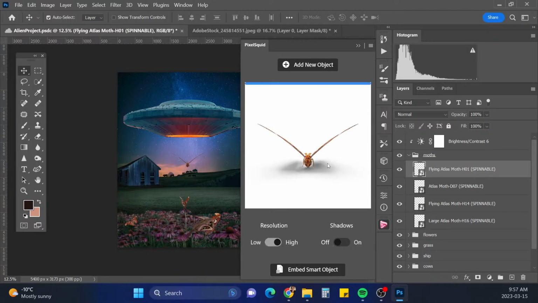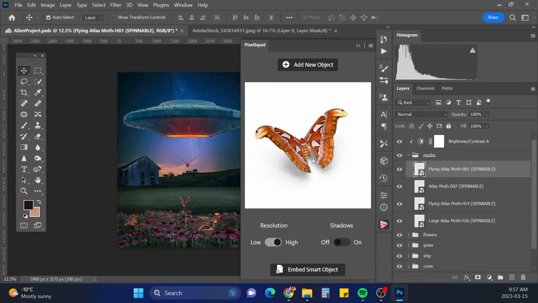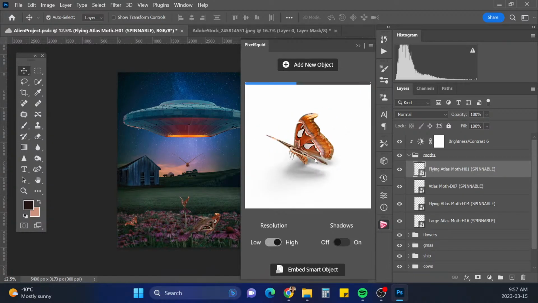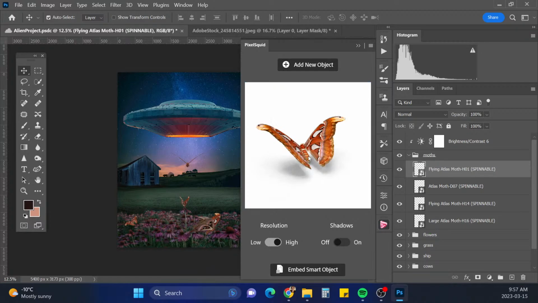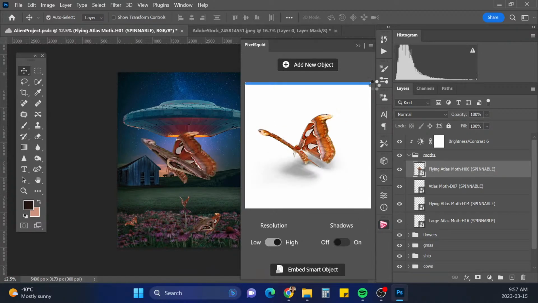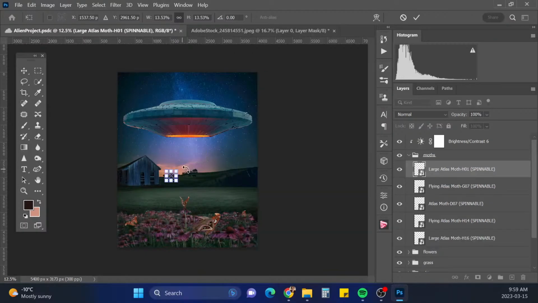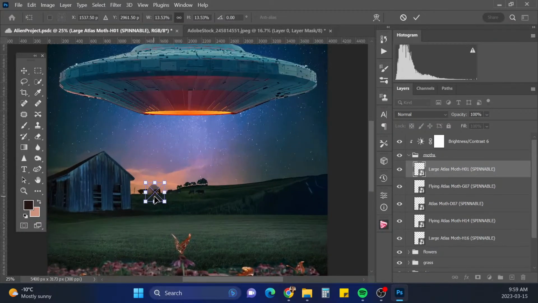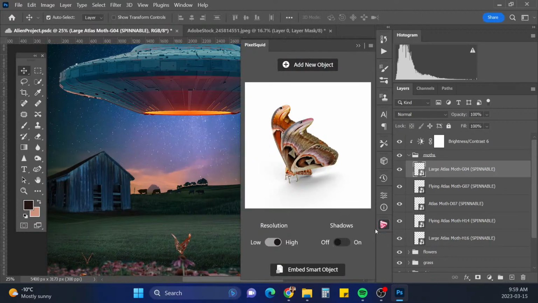Which angle do I want for this guy? Oh, that was kind of a cool angle. See if I can get that back. There we go. That's good. Oh, too much. Make that one pretty small and bring it over here. Why didn't it switch? Didn't switch.